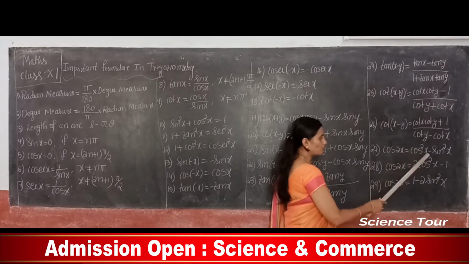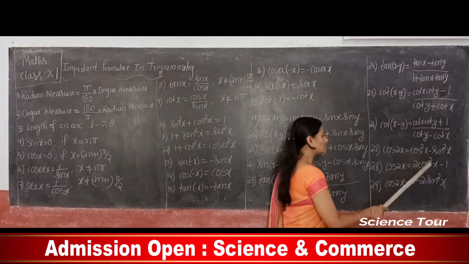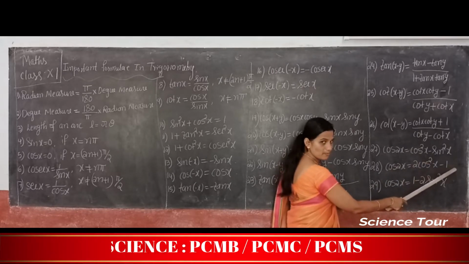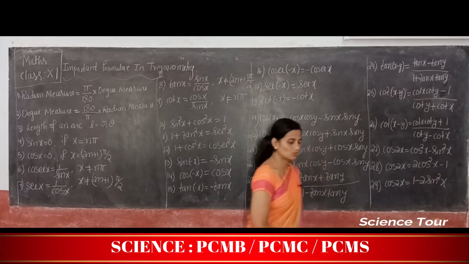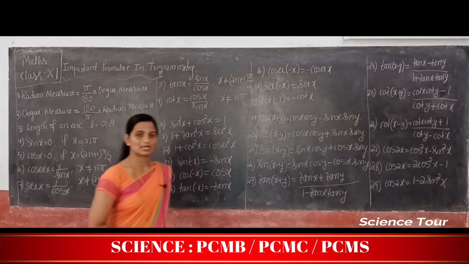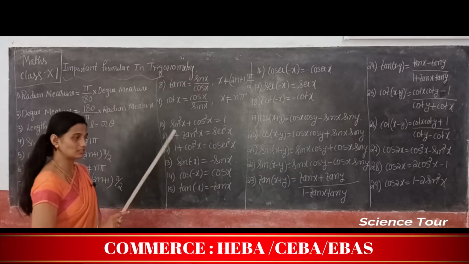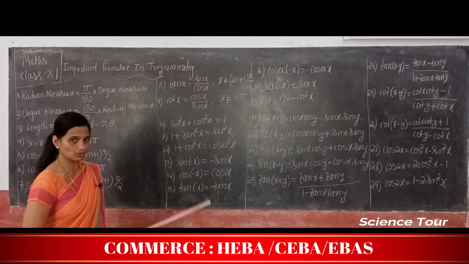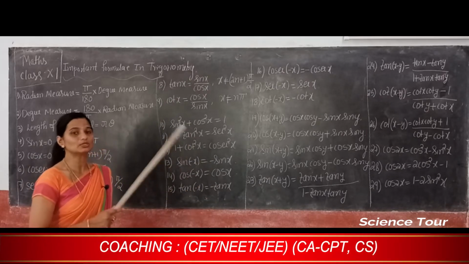Cos 2x formula is cos square x minus sin square x. Cos 2x is 2 cos square x minus 1. Cos 2x is 1 minus 2 sin square x. Still more formulas are there. So write down all these formulas in one sheet, in continuation of your notes. If you write all those formulas together, then it is easy to remember.